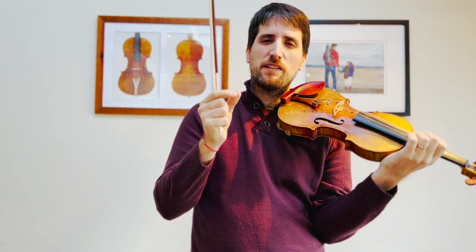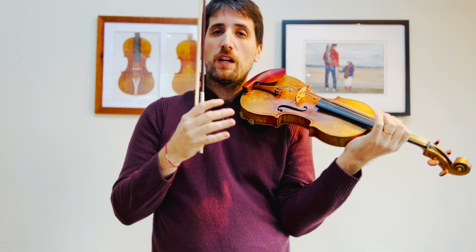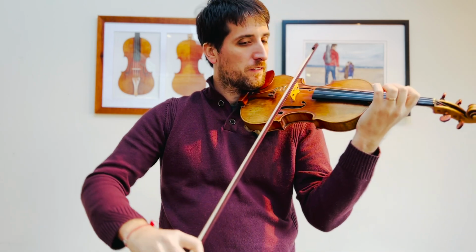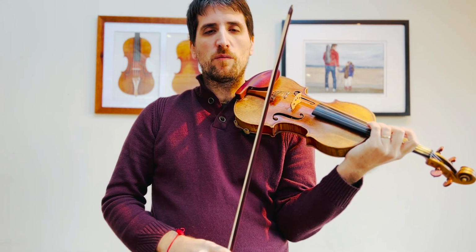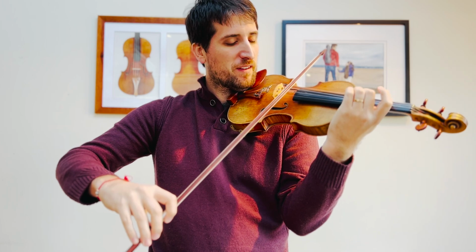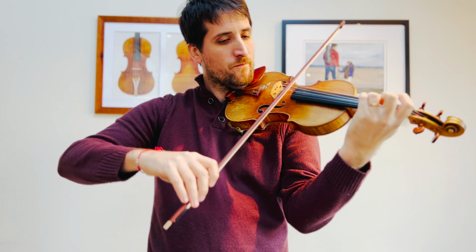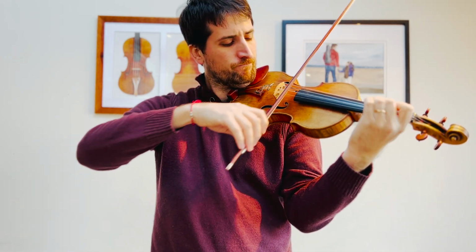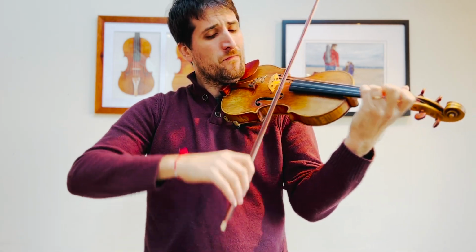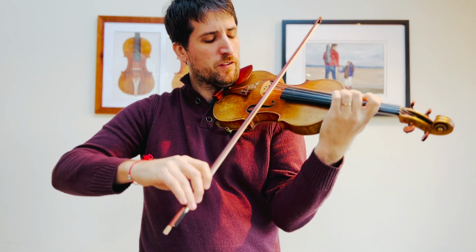Just because it's like the beginning one more time, I think it's quite nice to keep it a little bit softer probably than the very beginning. So I like to use a little bit less bow. You can try different ways, but I think if we try together with little bow. Safe bow, because then